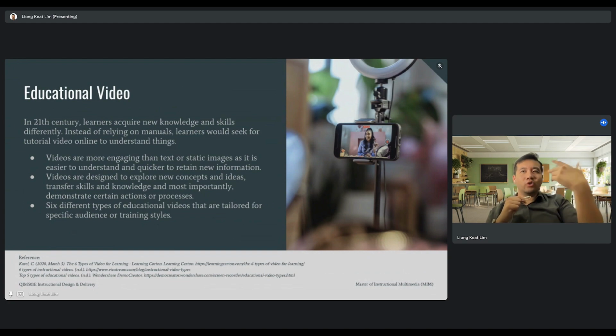For example, if you want to operate something, we have to go and look at all these static images, printed tags, all this to understand things. But now we have videos and it's easier for us to understand. It is also very quick for us to retain new information. So videos are designed to explore new concepts and ideas, transfer skills and knowledge, and most importantly, demonstrate certain actions